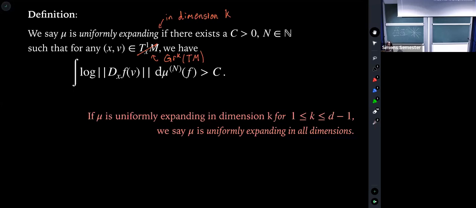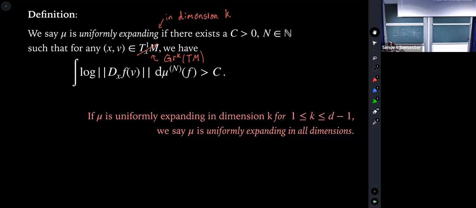All right, so along the same lines, this is something you can ignore if you're not familiar with Grassmannians. It's not enough to talk about growth of vectors. In 2 dimensions it is, because we don't have any interesting subspaces. But in higher dimensions, we have to think about subspaces, because you can very easily have a situation where a three-dimensional subspace shrinks, but all two-dimensional subspaces grow. So this is a phenomenon that can happen.